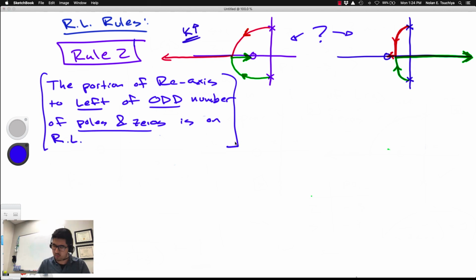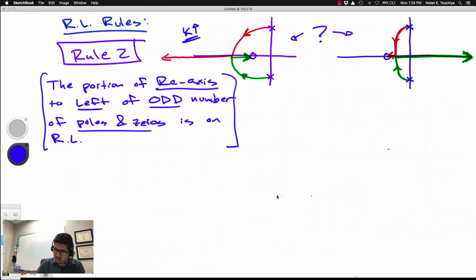Okay, so it's a little bit wordy, but it says that the portion of the real axis to the left of an odd number of poles and zeros is part of the root locus. It's a little bit tricky. You have to sort of stare at this for a while and understand how it works. And I think the easiest way to apply Rule 2 is to do sort of this vertical